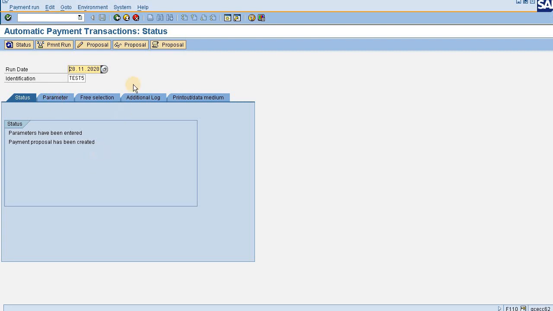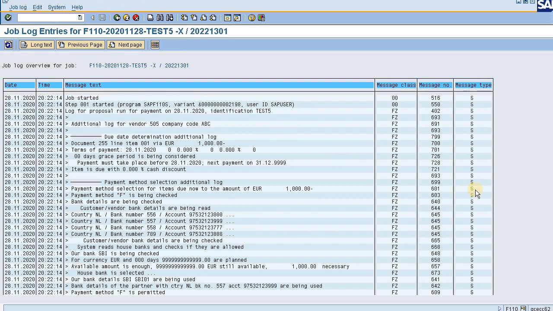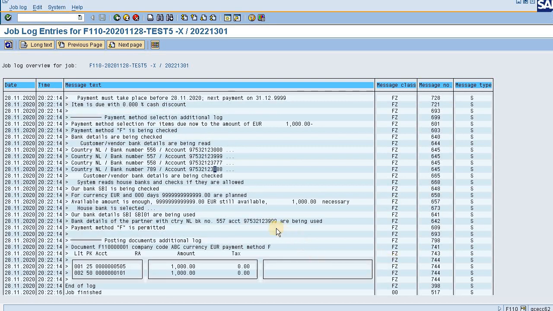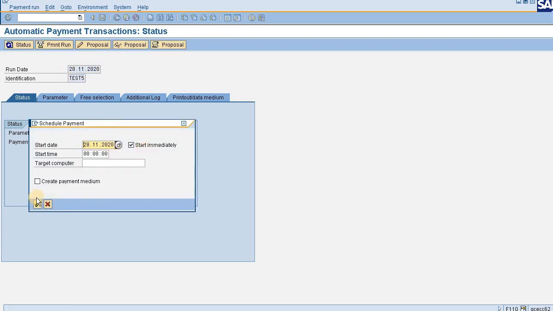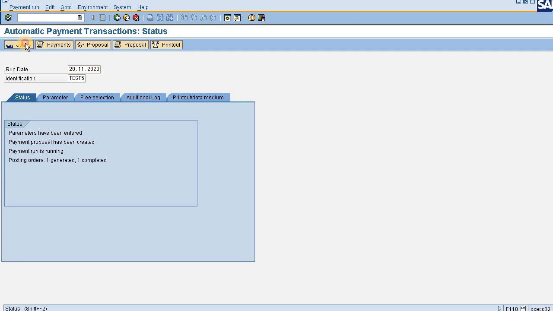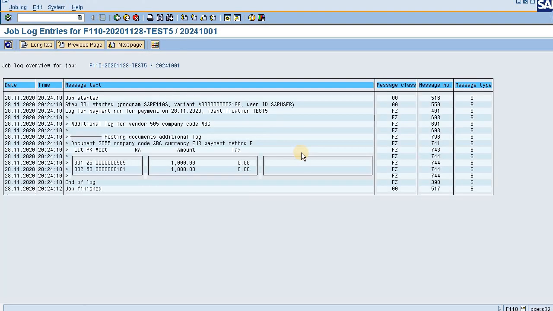So now the proposal is created. I am showing you the log of the proposal. See, again it is reading all the master data, all the bank accounts maintained in the vendor master. However, it is picking up the one wherein I have given the first ranking. So it is picking up this one, 3999, which is the Yes Bank. So that's the mechanism. Now again coming back and doing the payment run. So payment is done. I'm going to the payment document, and again it is vendor debit to bank, which is expected. So that's fine. I hope this much is clear to you.